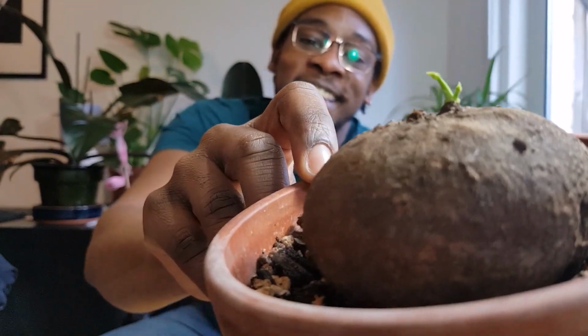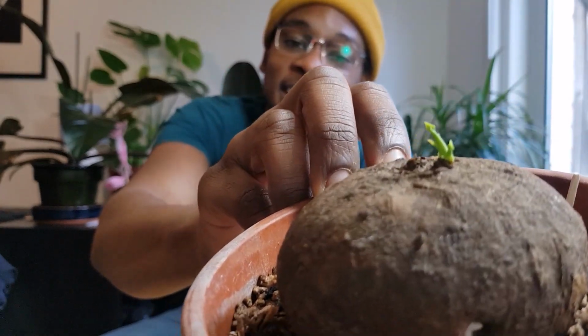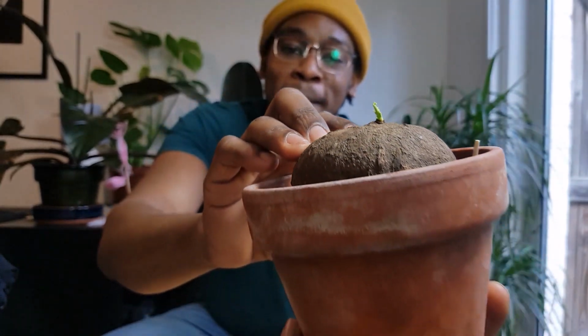This is it. Look at that. Looking really good. So when I first potted this plant up, I had it in my greenhouse, and it was in there for around 3 weeks. Now, I am not the most patient person when it comes to my plants, because I know the potential that this plant has and the beauty that it has. I really wanted to see some growth really quickly. So after around 3 weeks, what I decided to do was to pull this plant out of the greenhouse, put it in a self-contained bag, spray it down with some water, and leave it in a really super high humid